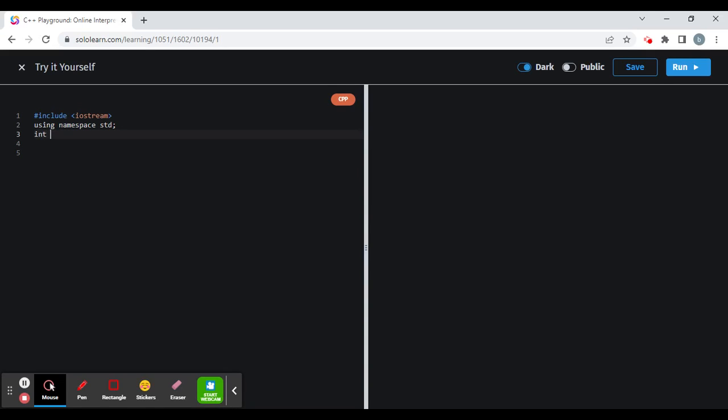It doesn't matter where you put it, but some people like to space things out. But I'm just going to do int main to show you that the spacing doesn't necessarily matter. Parentheses and curly brackets. Now, what's going in here is the function body. And I think it just asks us to do hello world.